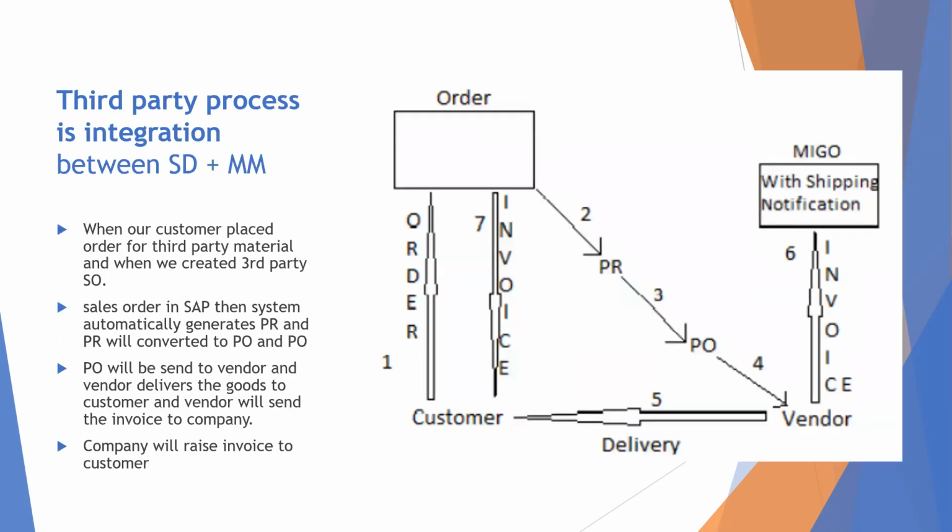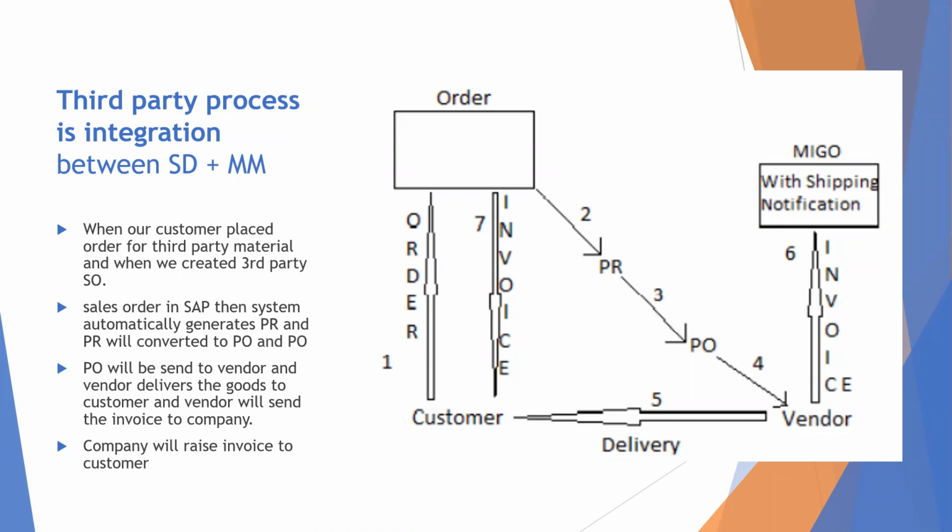As far as the business process is concerned, I'll be discussing 3 business processes: third party, IPO and the standard process. Majorly in SAP SD, we always integrate with the MM consultant as far as the third party process is concerned. If you look at this complete picture, what exactly happens in the third party process? Generally, in third party scenarios, whenever the company does not have stock, they go for third party. That means they place the order, and when the sale order is created, there will be a purchase requisition.